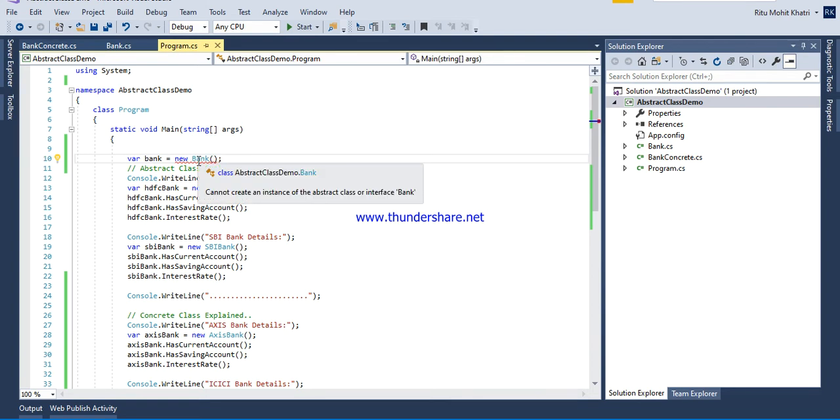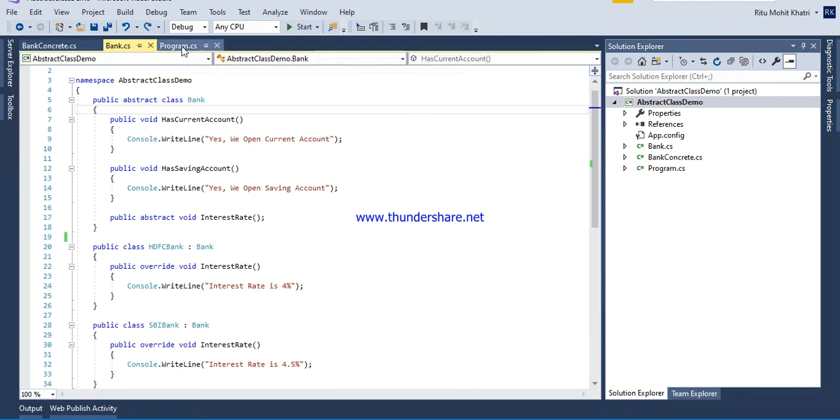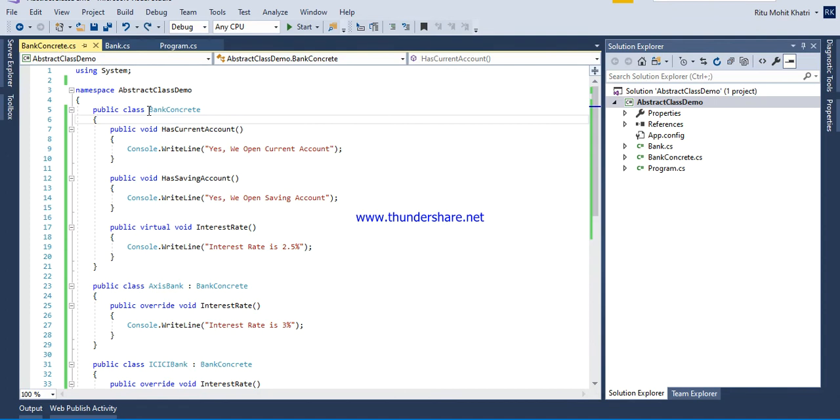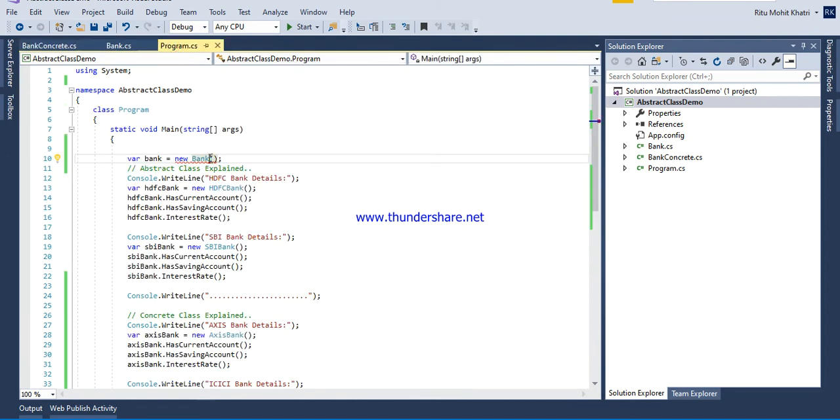So you cannot create an instance of the abstract class, we cannot create an instance of this bank class. But if there is a need, I can simply create an instance of this bank concrete class. So this is another difference between abstract class and concrete class.